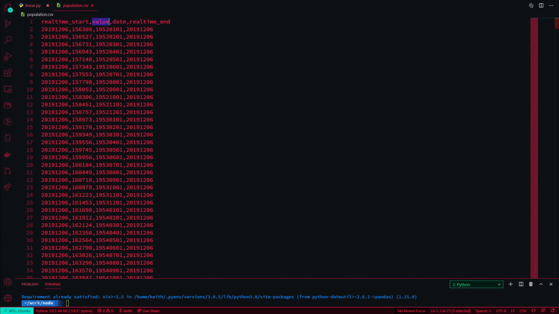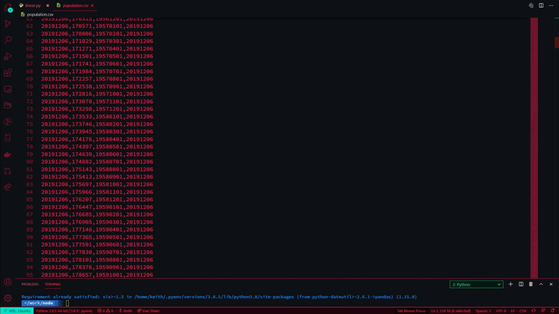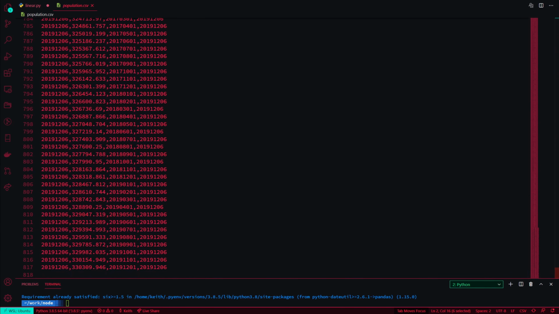But I do know that the value is the number of people in thousands or 10,000s or something like that. This is like 1.56 million people. And this is the date, which is 1952, January 1st. And so these are the actual values of the population of the United States up to 330 million in